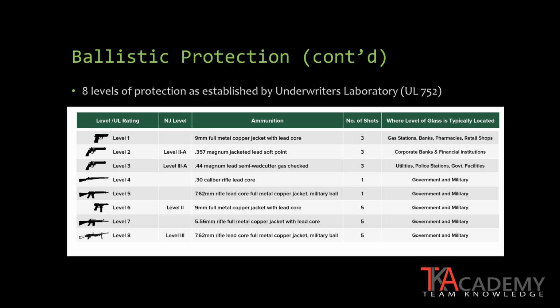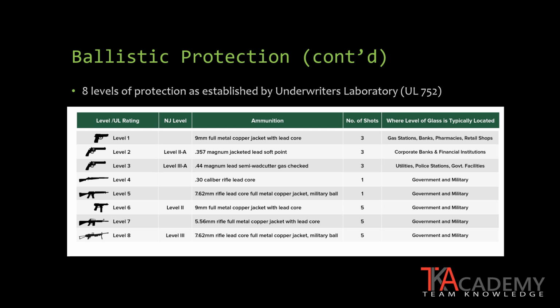The level of effectiveness of a material in providing ballistic protection is determined by the testing performed by the Underwriters Laboratory, or UL. This test is UL 752, and it identifies 8 distinct levels of protection. These levels of protection are not from lowest to highest, but are determined by the type of weapon that is being used, the ammunition that is being fired, and the number of shots that are being fired at the test